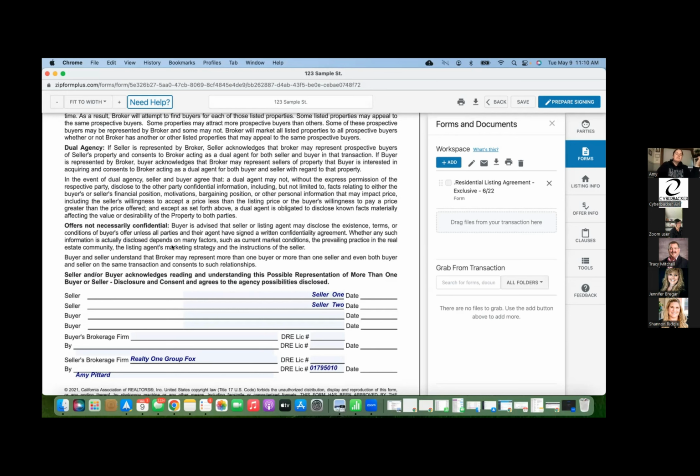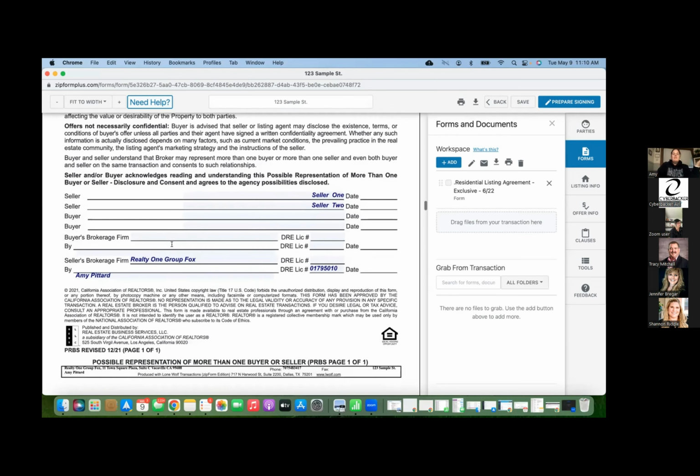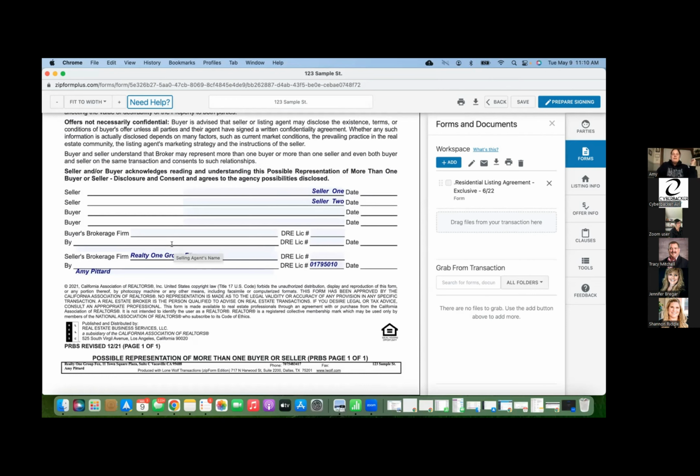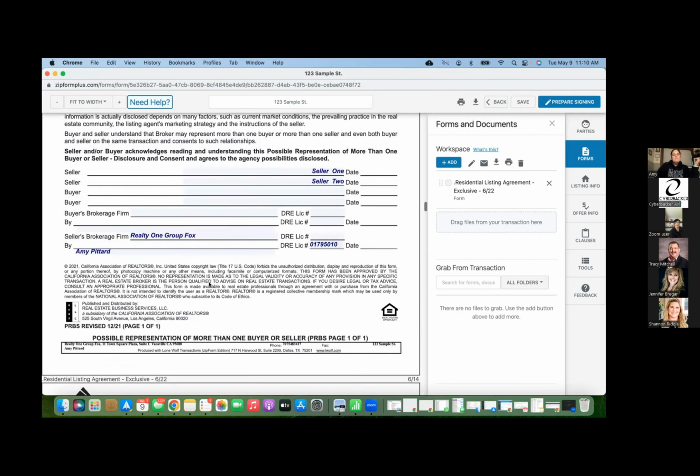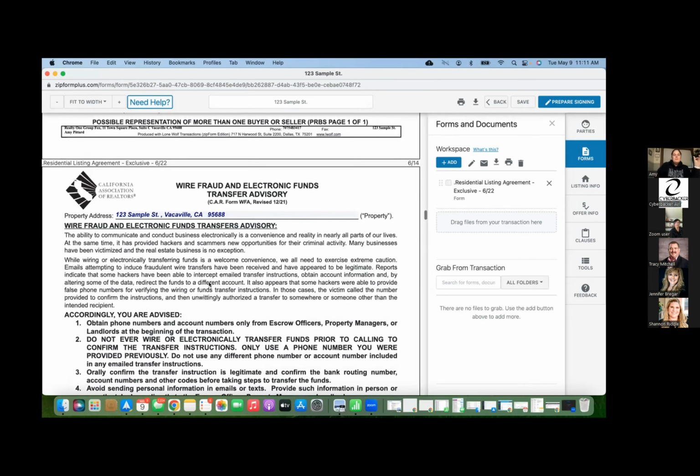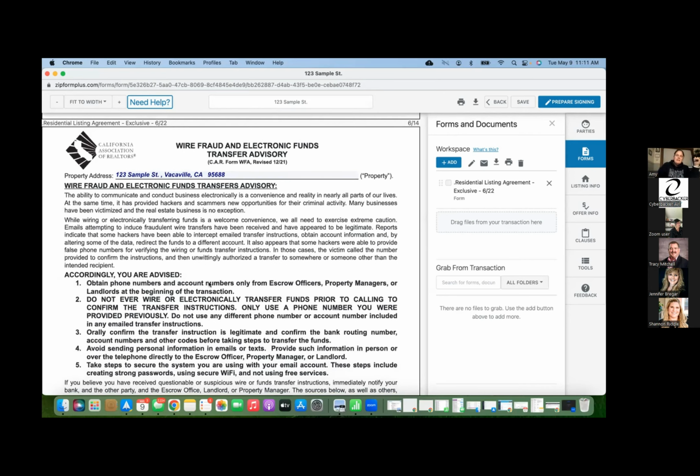Offers are not necessarily confidential. Everybody signs that they acknowledge and have read this form, including the sellers and yourself. Okay. The last form that we encounter on the beginning of the residential listing agreement is our wire fraud and